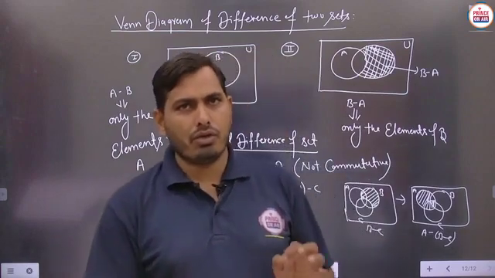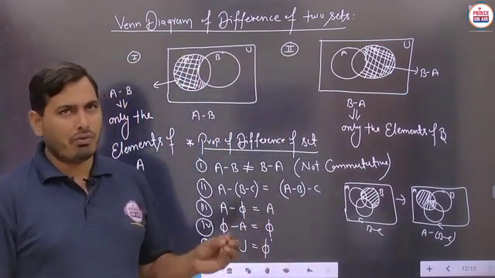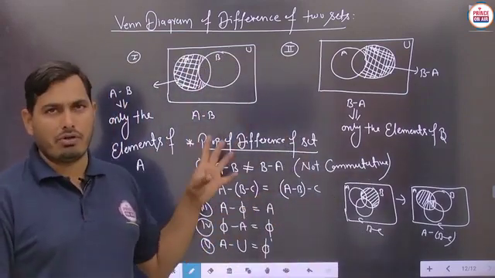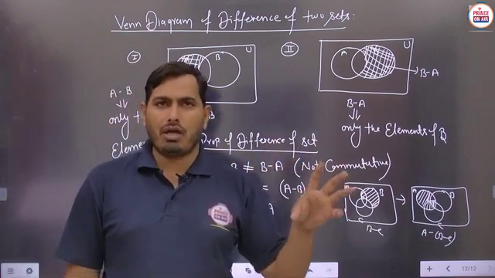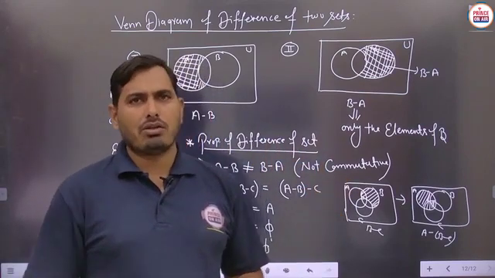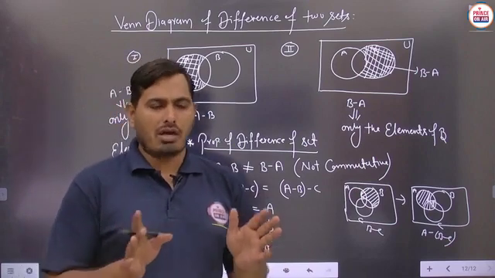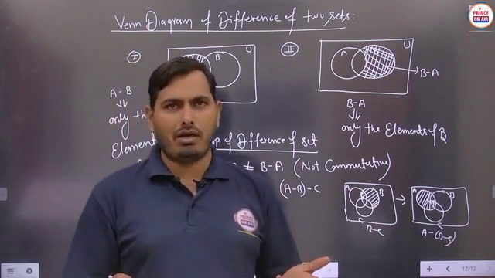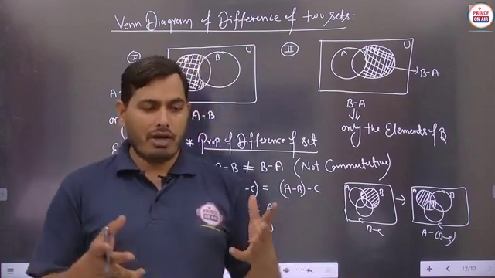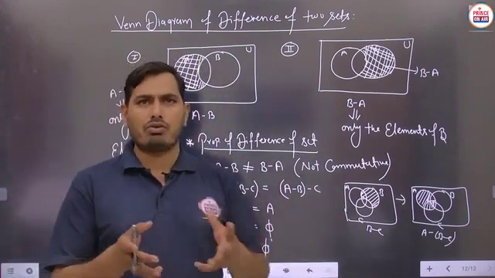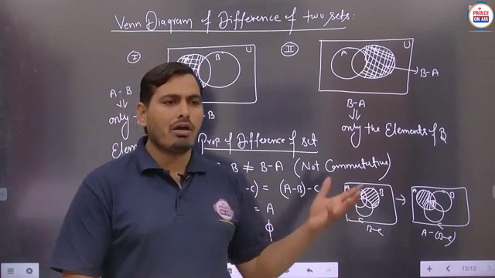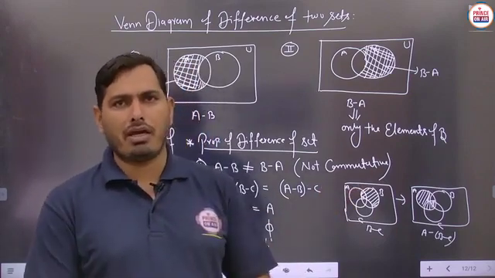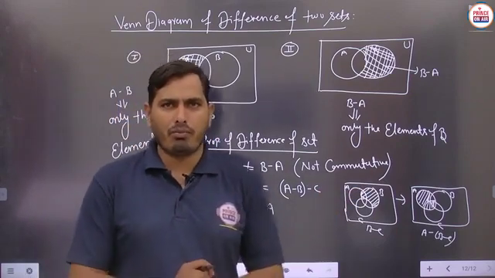We have to read things carefully and see each and everything carefully, so that whenever we are doing any of the questions, there should be no confusion related to any kind of operation as well as their Venn diagram also. Is it clear? Sometimes the question is generated according to the Venn diagram, and sometimes the question is solved with the help of the Venn diagram. So both things are very important for us.